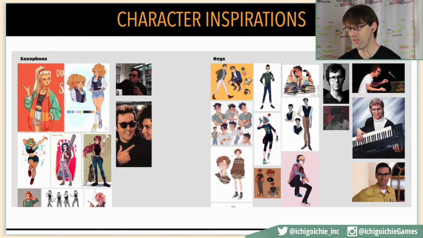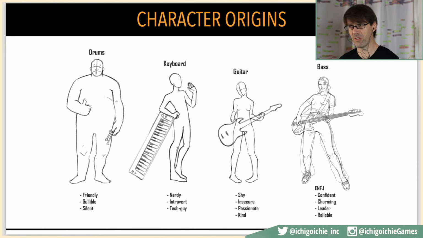So, like I said, each of the characters in Backbeat goes back to what their role in the band is, and how does that character fulfill that role, and how does that feed into their personality in a little bit of a stereotypical way. So here you can see the first lineup outline sketches of the 4 characters. Originally, guitar was considered for a while as one of the characters. We ended up merging some of the personality attributes of the guitarist with what became Toshi, who was the keyboardist, and the saxophonist Chaz came on later. But here you can see how they vary in size and the ways that they come together.